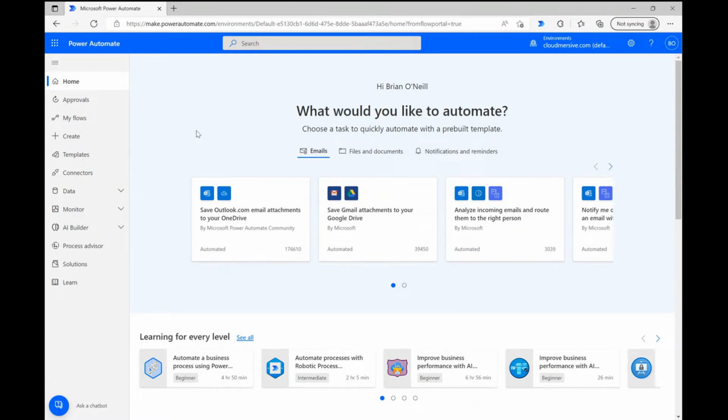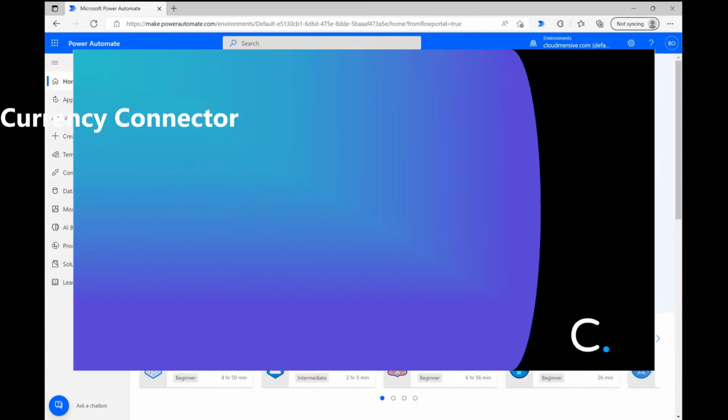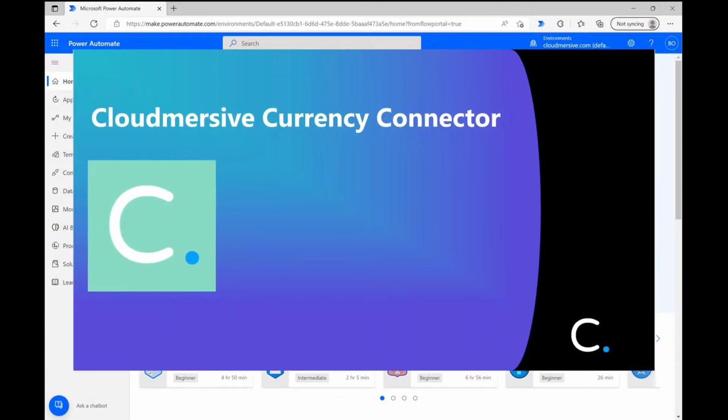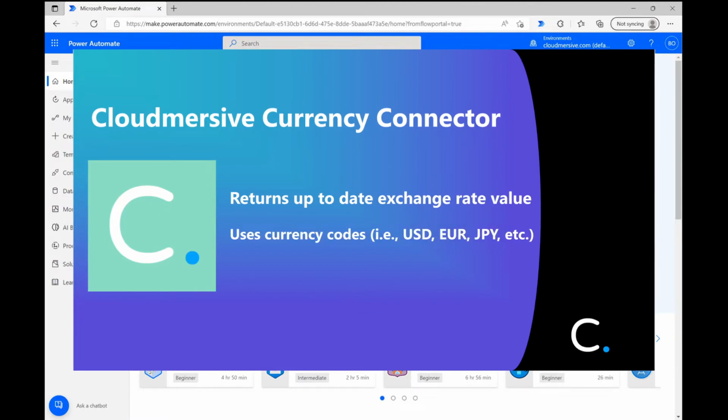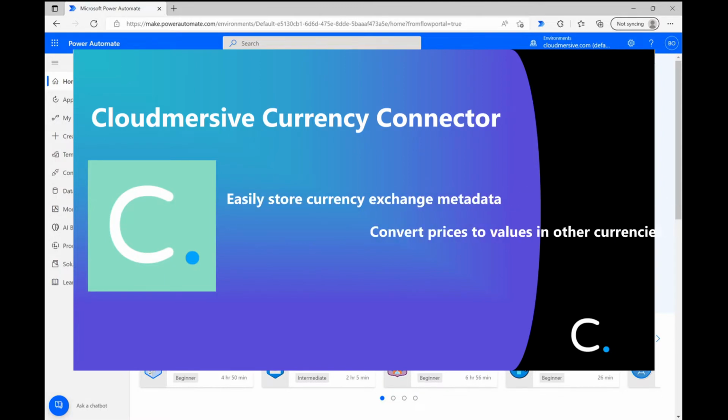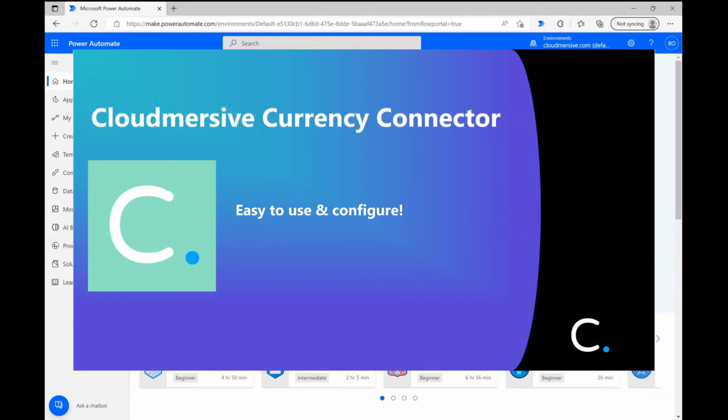In today's video, I'm going to demonstrate how to use a Cloudmersive Currency Connector action which returns an up-to-date exchange rate value based on currency codes of your choosing. With the resulting exchange rate value, you can simultaneously store that metadata while converting specific prices to their respective values in a destination currency. Whatever your use case, this connector has the advantage of being incredibly easy to use and